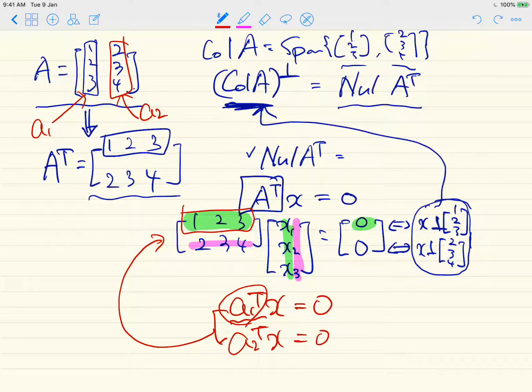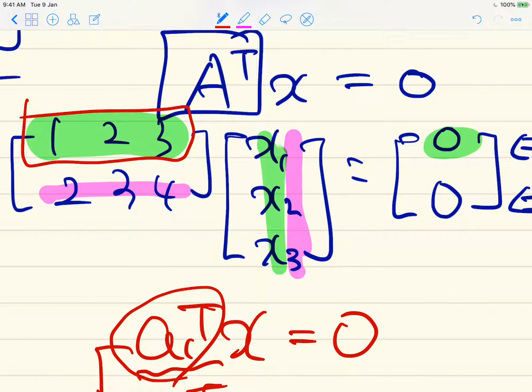Right, and then let's consider the dimensionality of the column space of A. What's the dimension of it? It is spanned by two linearly independent vectors, right? So the dimension of the column space of A is 2, right? And then what about the null space of A transpose? Purely looking at this homogeneous linear system,